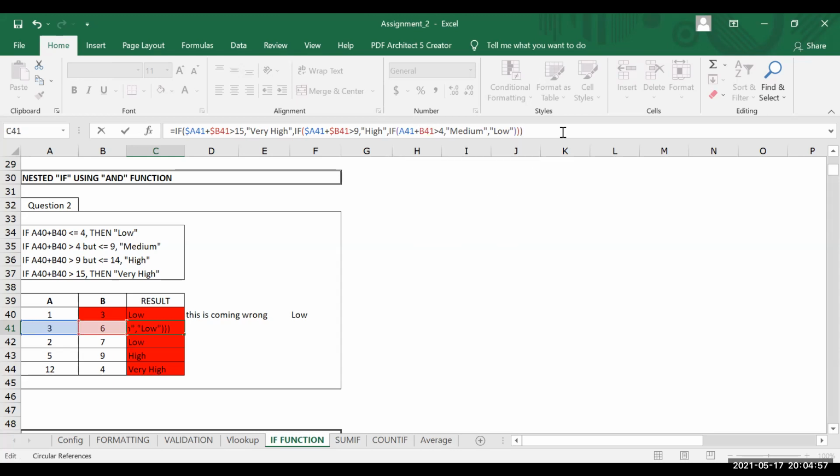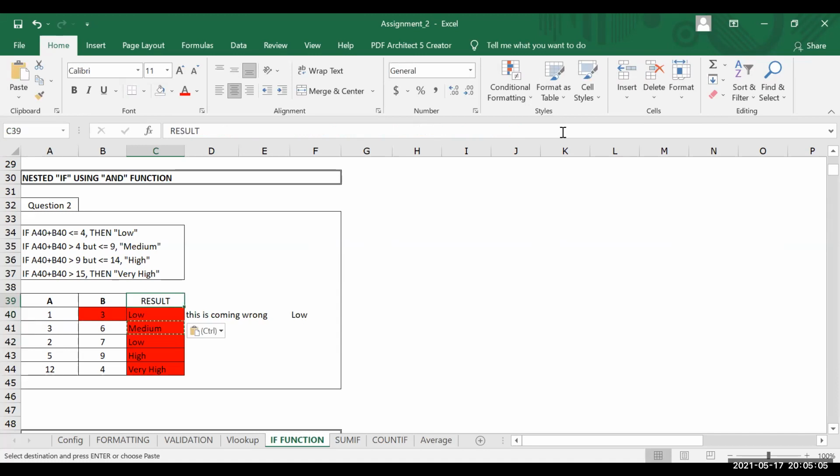Okay, this cell went wrong. So this was the problem. Okay, now is it right? Yeah. Thank you. So just that descending out of the sequence, it is going like that.